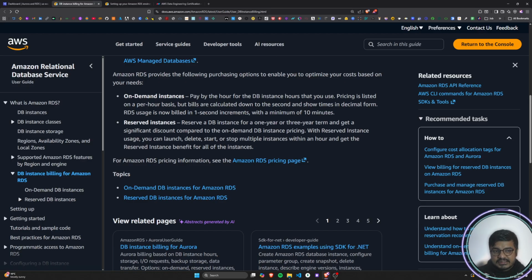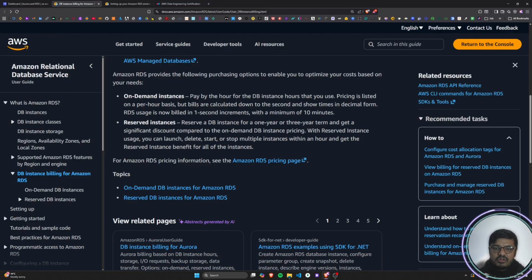So for on-demand instance, right, what I can do is whenever I require an instance, I can launch it anytime, right? At any given point of time, I can log into my console and I can launch an instance. Whereas in reserve instance, right,